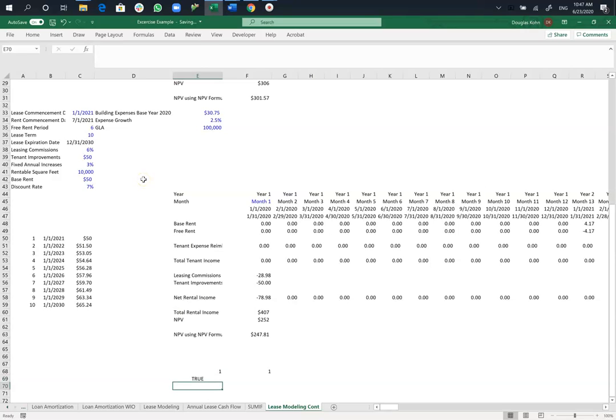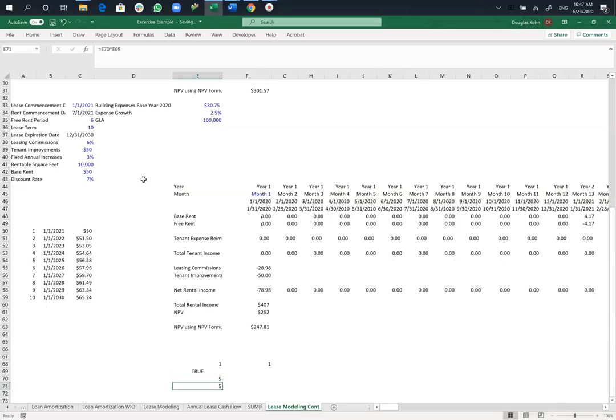So watch this. If I put 5 here and multiply the 5 times the true, I get 5. That's just Excel's way of identifying. Now, if I were to change this to 0, false, I get 5 times 0. So let's just show you that real fast. What I want to do is have these leasing commissions hit at the same time as the new lease commencement. So if I hit AND,